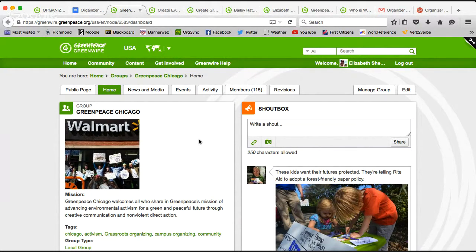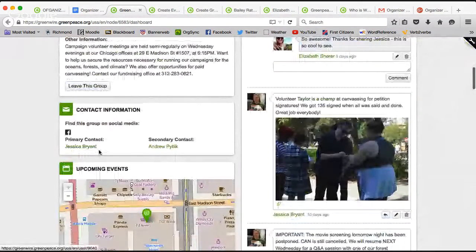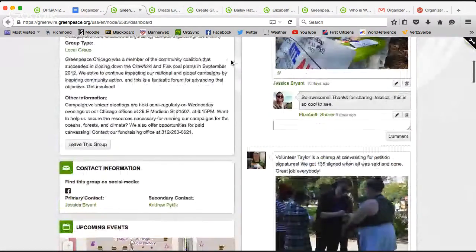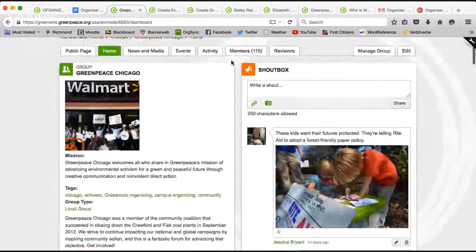So anytime you create a group, you are going to be the administrator of that group. But if there's a group that is already created on Greenwire, like this Greenpeace Chicago group, the administrators of this group are going to be Jessica and Andrew. And I am one just for the sake of this training, so I can show you how that works.